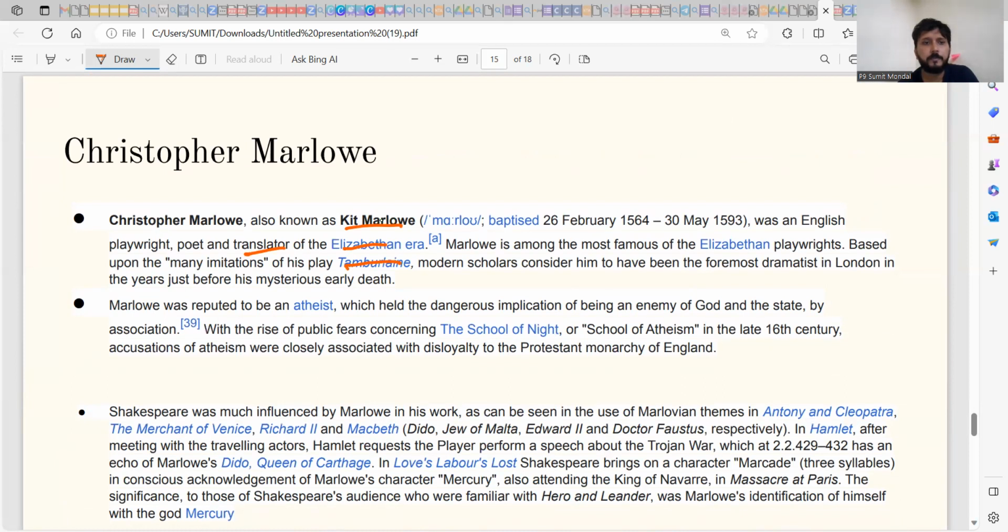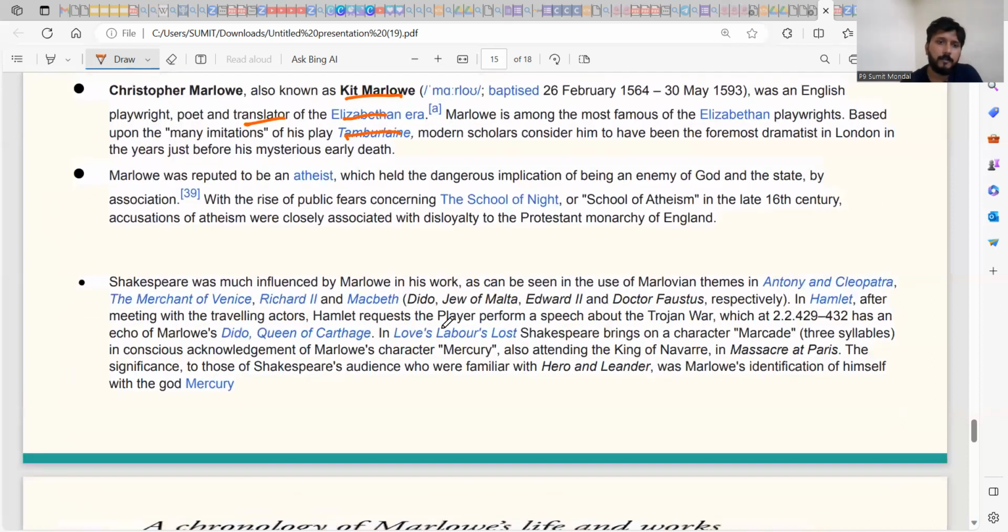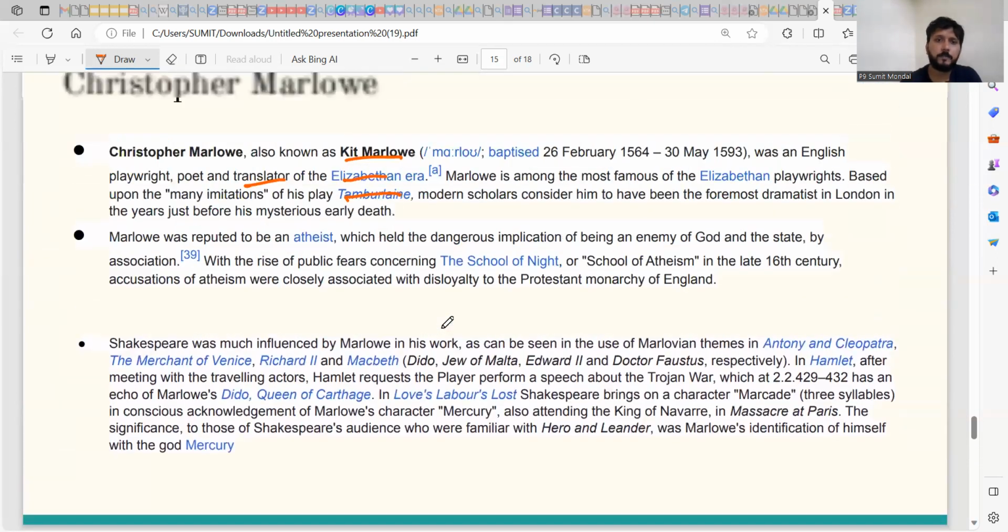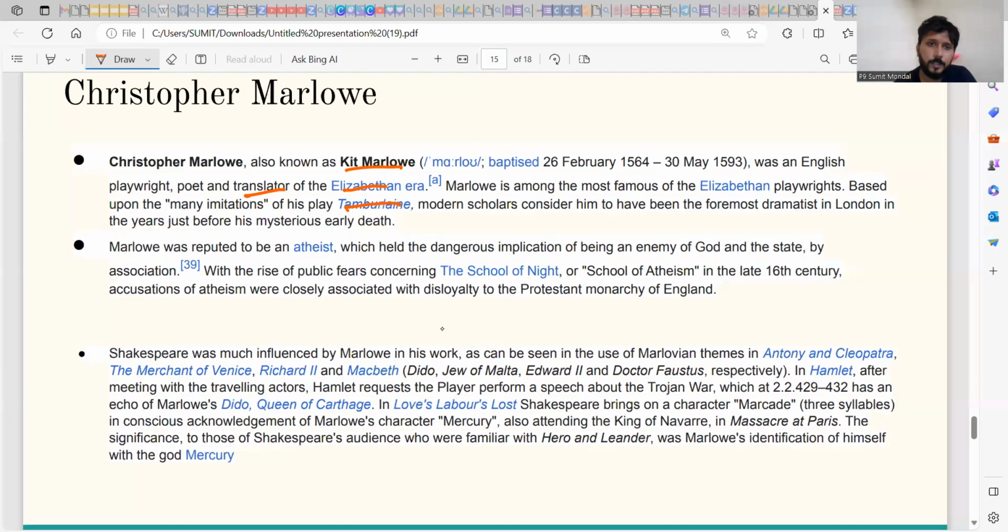Tamburlaine is a very important play. You need to remember Tamburlaine. Also, you can search it. Okay. And I have actually added this important information from Wikipedia, so you can search it just by clicking on